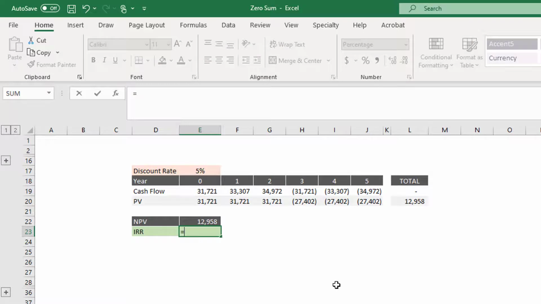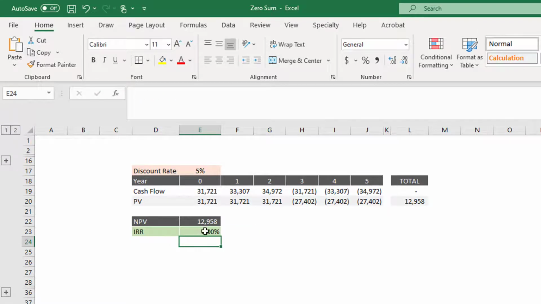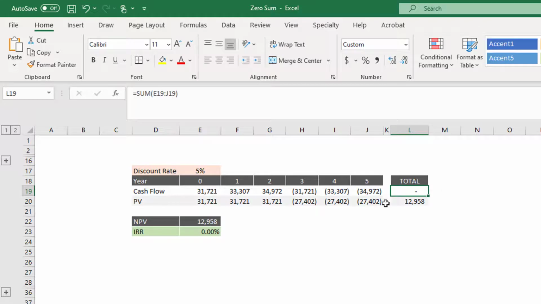And if you use the IRR formula on the cash flows, you will see that I got a 0 IRR, which is by the definition of IRR. This looks very odd, but we should not be bothered by the IRR calculation. My focus is this: if in my career I get a cash flow which looks like this and the sum of these cash flows is 0, what is the investment merit of this cash flow? Yes, this cash flow has an investment merit, and definitely the NPV is this much,